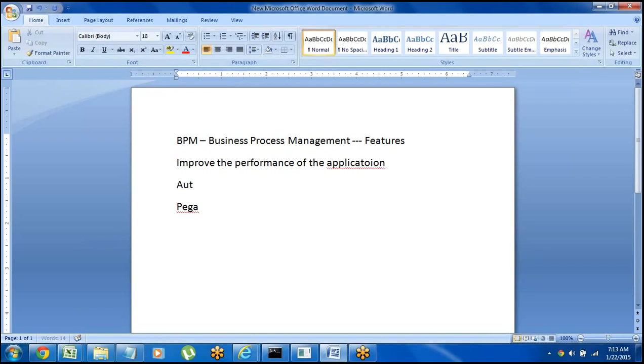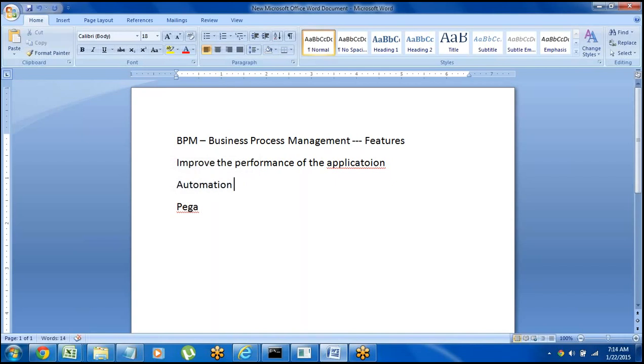And automation of work. Normally, in BPM tools everything is automated, meaning everything is available within the tool itself, and we just need to reuse those services. Nothing is written manually, so we will not write any coding here. Without writing any coding we can develop the total application. For that purpose everything is automated here.